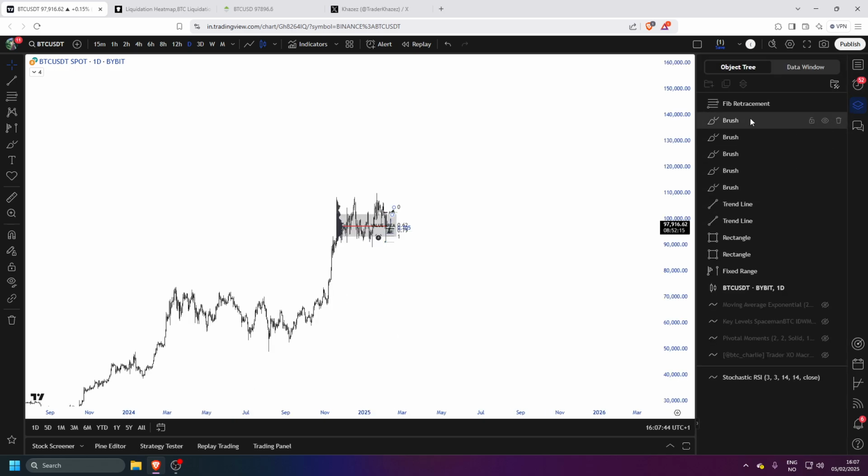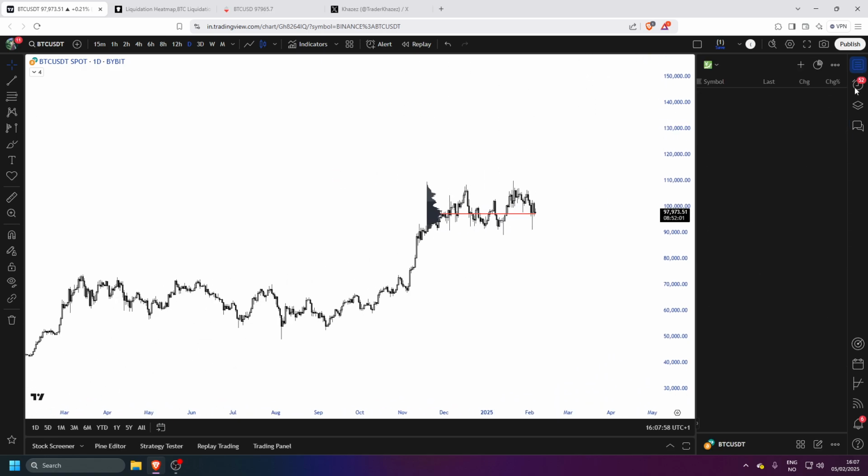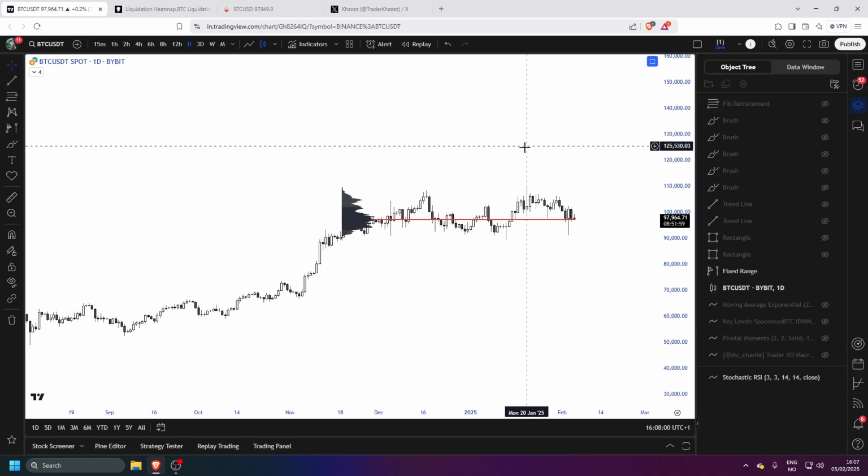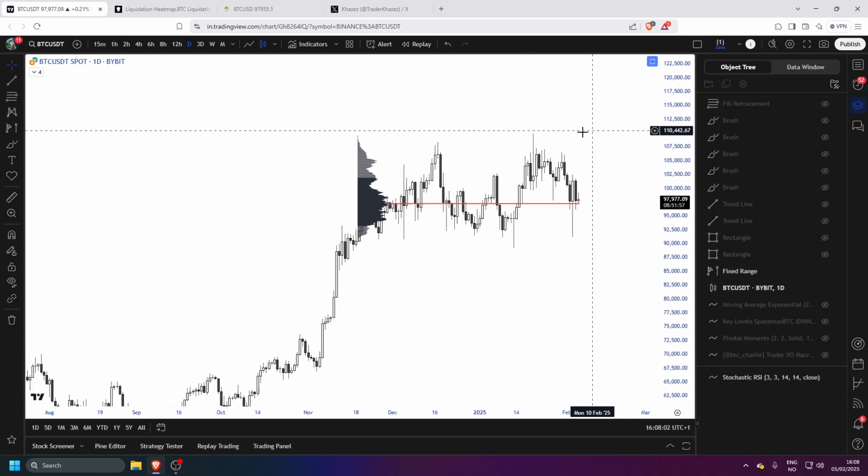I think it's a little better. Let me just hide these real quick so we can see everything. All right, so I took the entire volume profile here of this range, and as you see, price